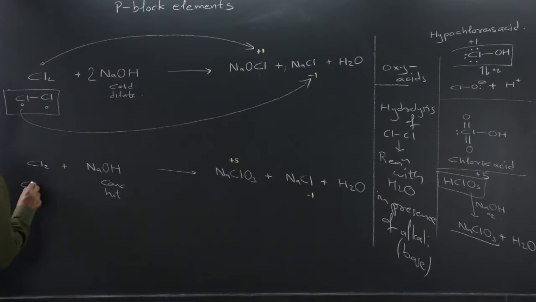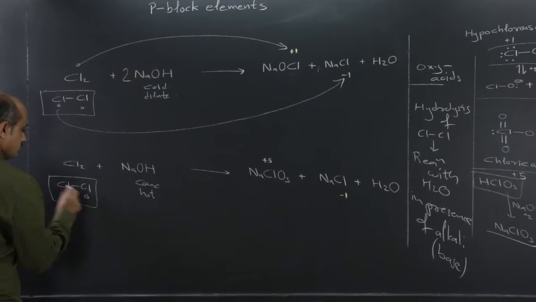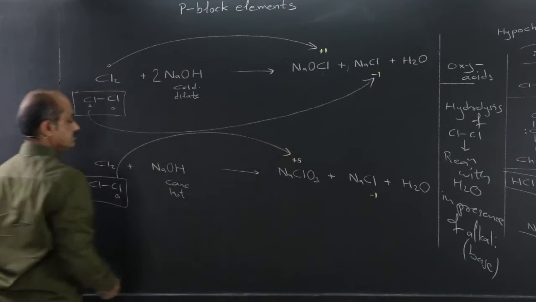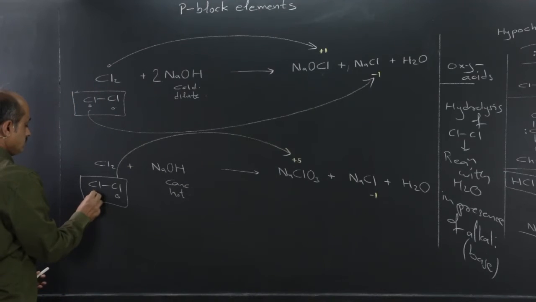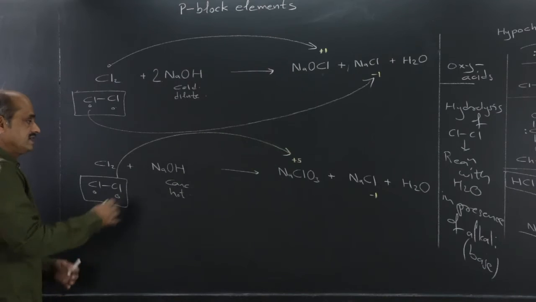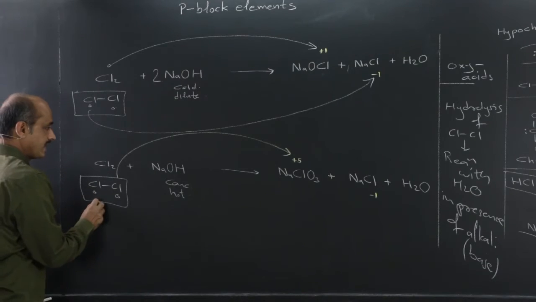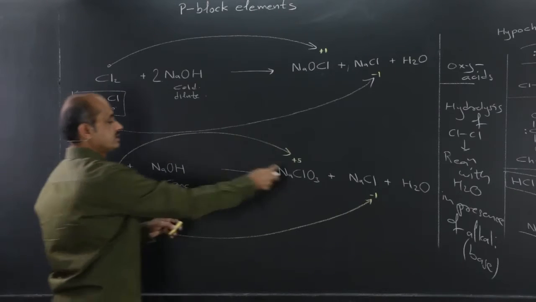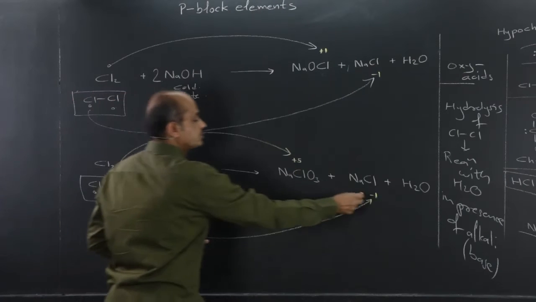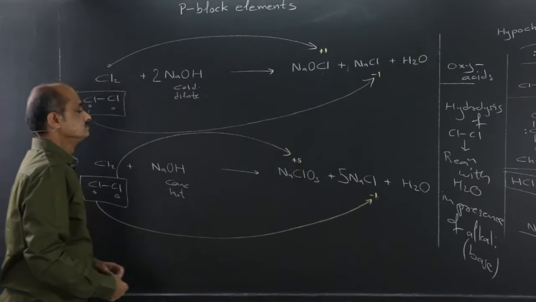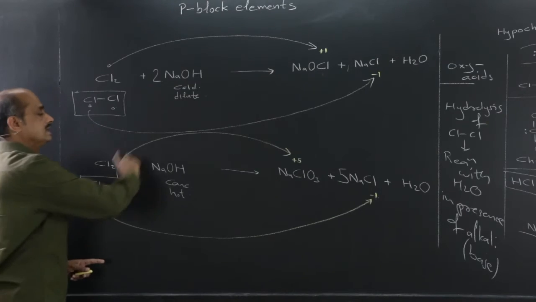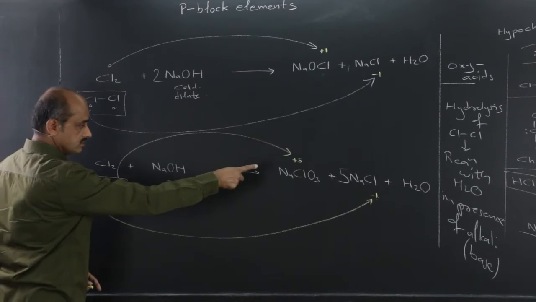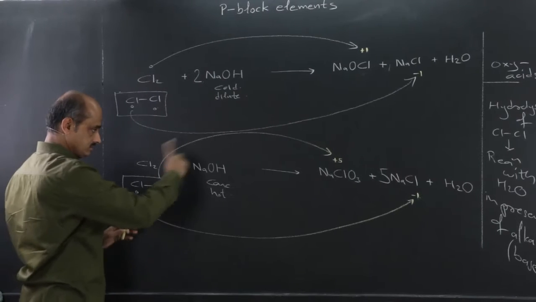And therefore, if 1 chlorine gets oxidized to +5, to compensate the released 5 electrons, there should be 5 chlorine atoms which will change from 0 to -1. So, for 1 chlorine changing to this, there should be 5 chlorine which will change to this. So, 5 coefficient. Total increase in oxidation number and total decrease in oxidation number becomes the same. So electronically this becomes balanced.